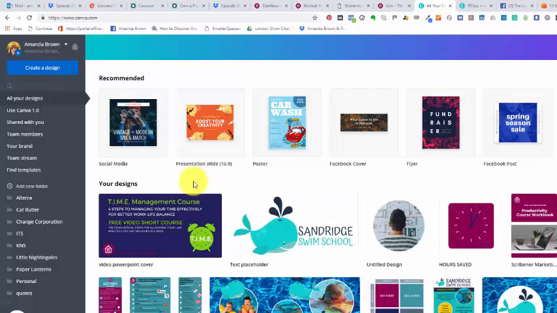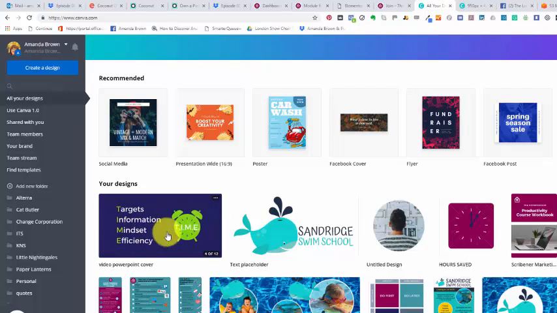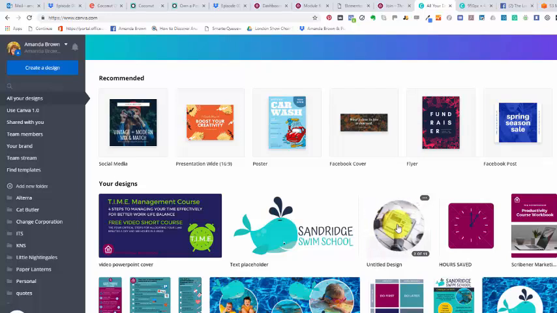So a design is made up of either one or more pages. When we come on to this one, this is one of 12. This is for my time management course. And then we've just got simple things here where I've been putting images in circles just to see what they look like. So it keeps your designs in a library there. But what I'm going to do is to show you how to use the basic functionality of Canva to create